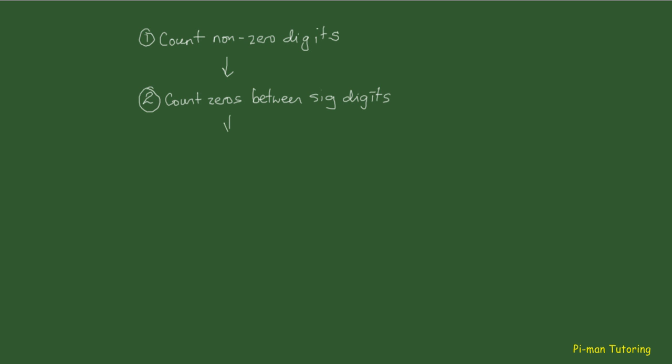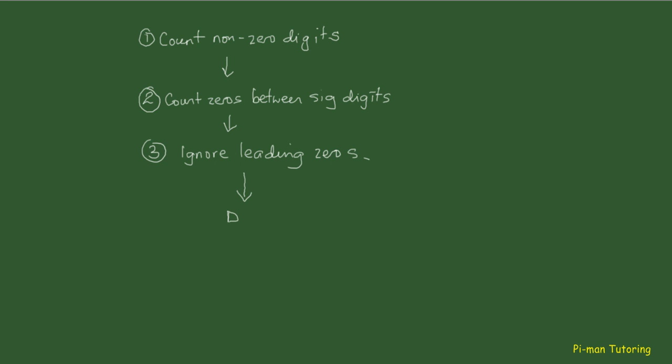Let's try to make a little flowchart to show how exactly we evaluate a number for significant figures. So the first thing we do is count the non-zero digits. Okay, that's straightforward enough. In step 2, we count the zeros between significant digits. Step 3, we ignore leading zeros. And then for step 4,